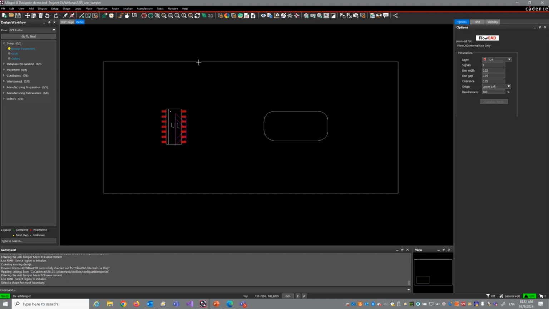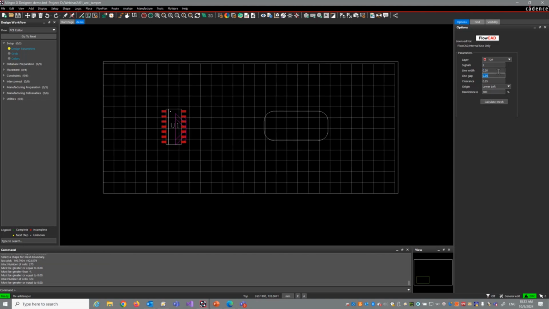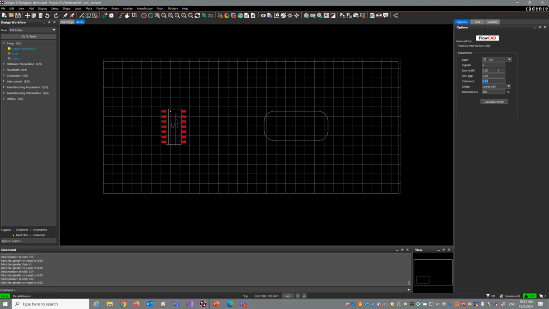Select region, and now you're picking this region here, and it will generate a mesh cell. You can now specify the line width. The number of signals is 3, which means I would like to define 3 signal loops. As soon as I adjust the track width and the track spacing to 0.2, 0.2, and the additional clearance to any objects to 0.2, the mesh or the cell